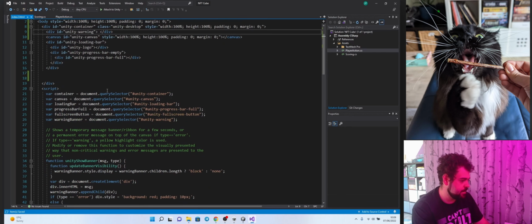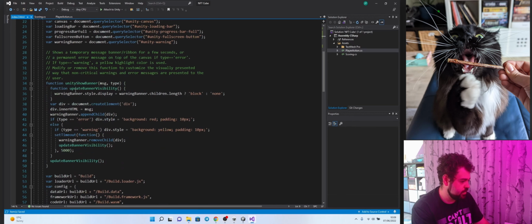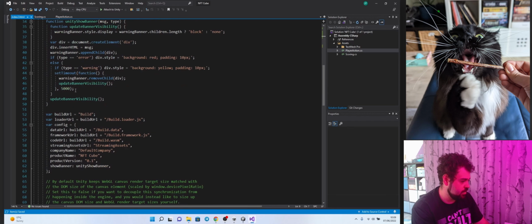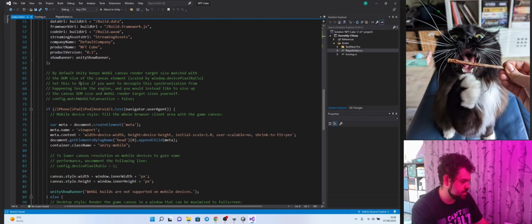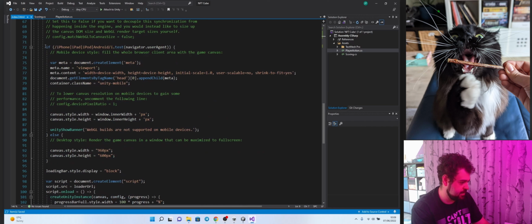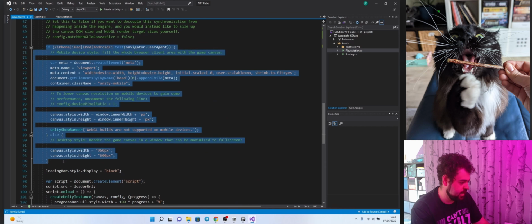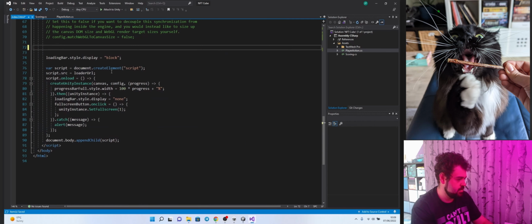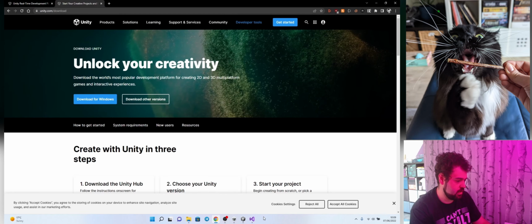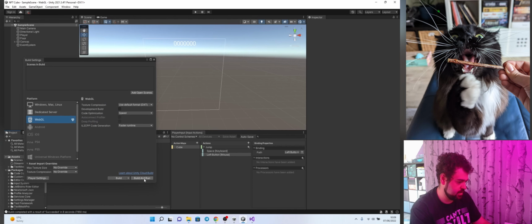Just align that. Down here, if you scroll a bit, what we want is to find this if statement that says if iPhone, and so on. Delete the whole thing, including the else and everything. Save. And now, if you've closed the browser window like I did, no problem, just hit build and run again,